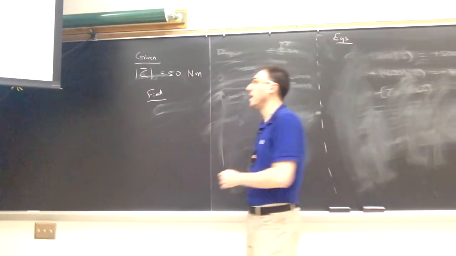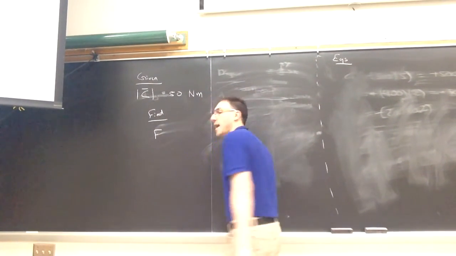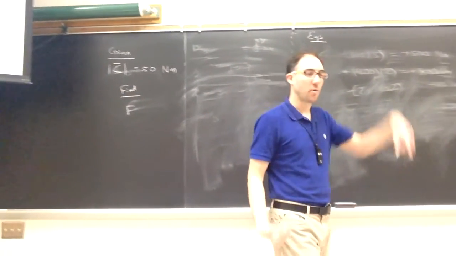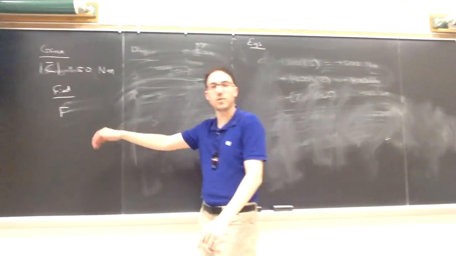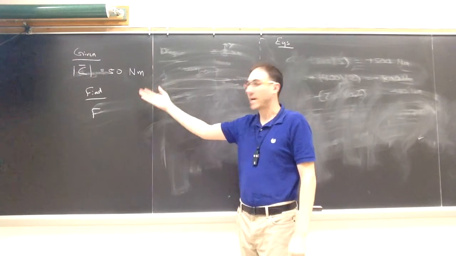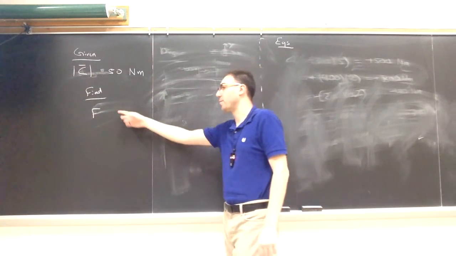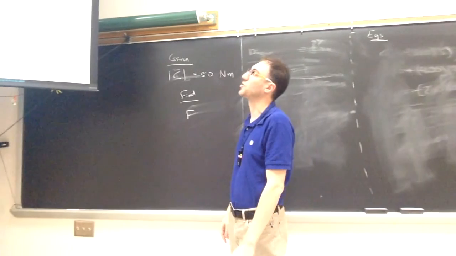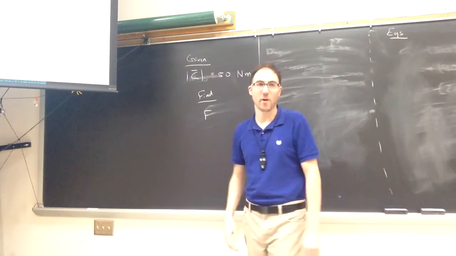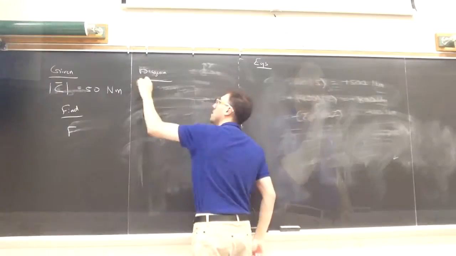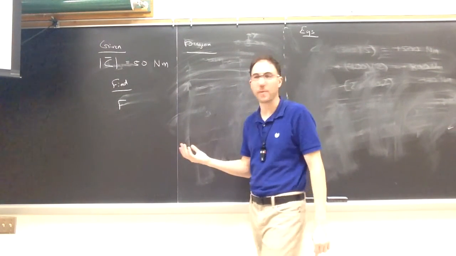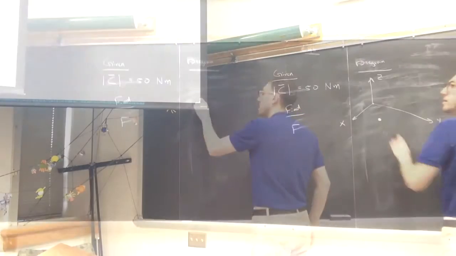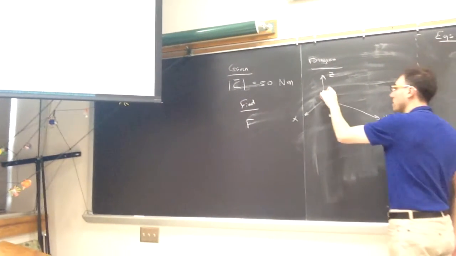So what we want to find is what is that scalar value F. We're applying this force equal and opposite on each of our wrenches, and that's going to create a couple. That couple has a magnitude of 50 Newton meters, so we have to find F such that this is true. And we have the diagram as well. In this case we only have one pair of forces to worry about instead of the three we had in the last example. So one of them is acting here,